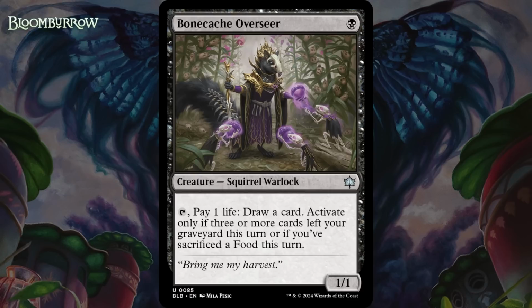Next up, it's Bone Cache Overseer, which for 1 black is a 1/1 Squirrel Warlock at uncommon. You can tap it and pay a life to draw a card, activate only if 3 or more cards left your graveyard this turn or if you sacrificed a food this turn. I like this. There's plenty of food and forage support in the format, and this is definitely a premium payoff,